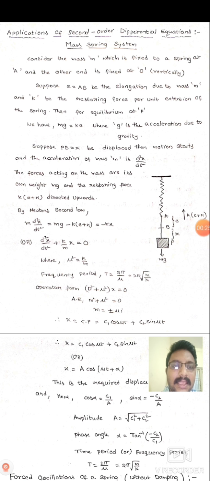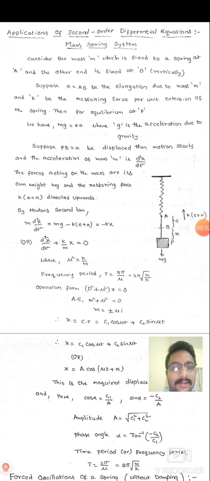Suppose e is AB, which is the elongation distance due to the mass m, and k is the restoring force per unit extension of the spring. Then for equilibrium at P we have mg equal to ke, where g is the acceleration due to gravity. Suppose Pb equal to x is displaced, then the motion starts and the acceleration of the mass m is d square